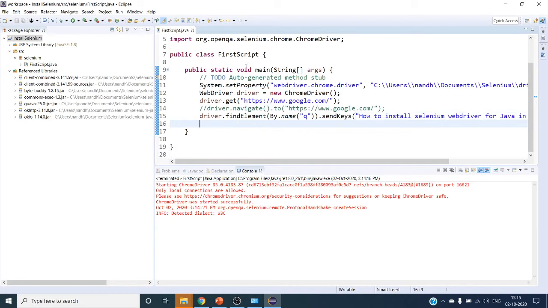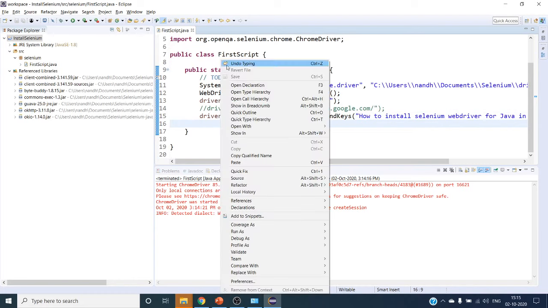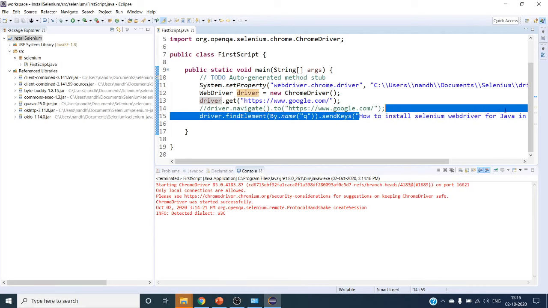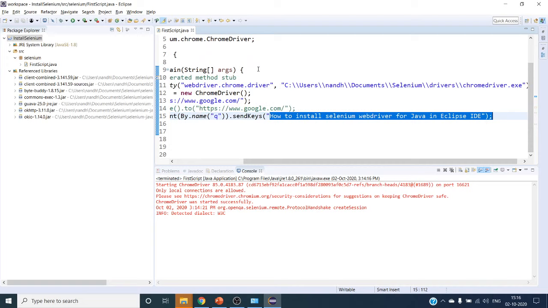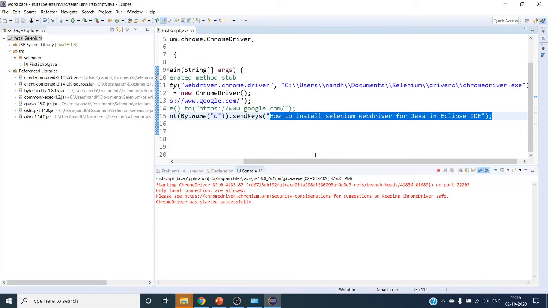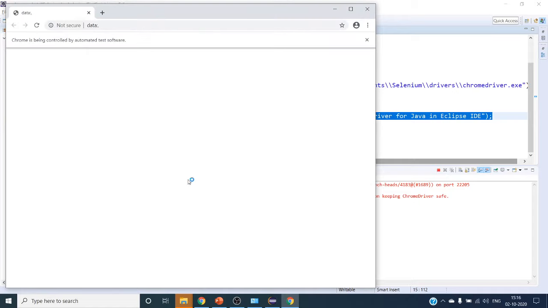Okay, so it is going to search this term. Let's run. What will happen? It will open your empty browser, hit google.com, and search for how to install Selenium WebDriver for Java in Eclipse IDE. Let's run. Now it has launched the Chrome browser and it is typing.